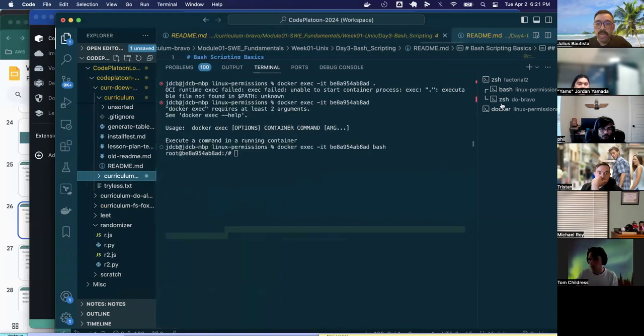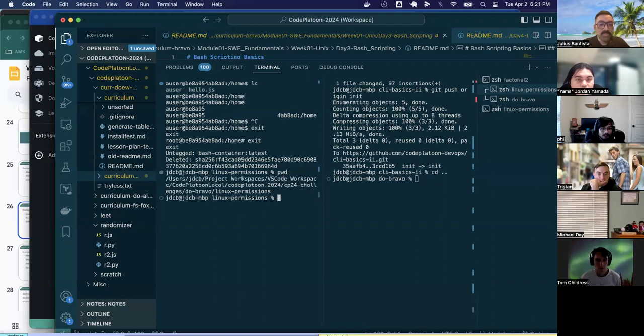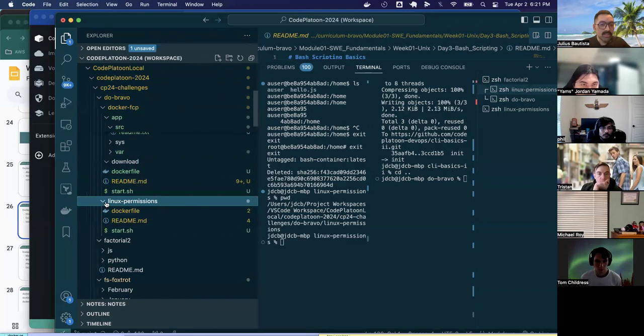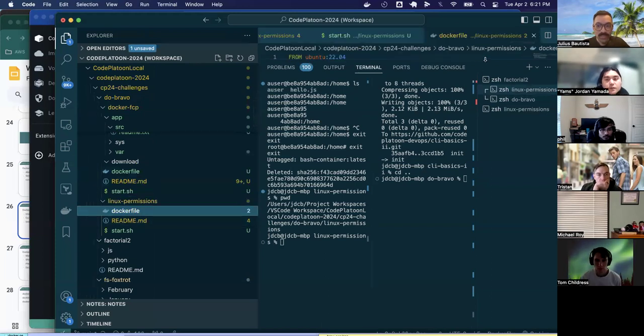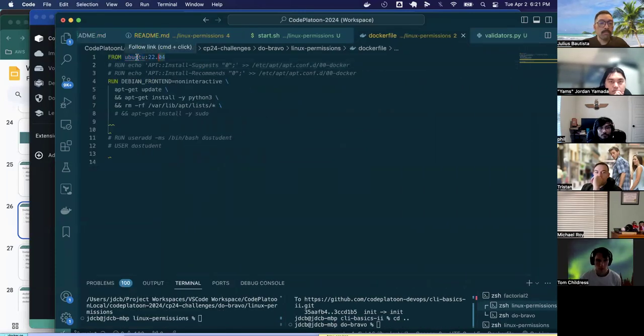Oh, here's something that I like to do. Whenever I get lost in my very poorly organized folders, I like to just type pwd. Oh, here's the bash container that was running. I'm going to exit out of this. I'm going to exit out again. I'm going to type pwd to give me a present working directory. And then I'm going to command click to pull up this location in my VS Code. And from there, I could finally click on the Docker file that I was looking for, so I could show you guys that this Docker file is saying from